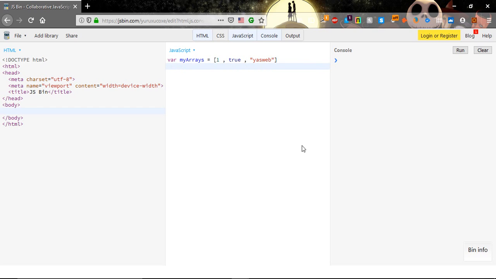And here if you want to type it with console.log, and here myArray. So now let's run, and here it is. So basically this is a number, this is a boolean, and this is a string. And if we want to have the length of this array, it's dot length, like the string if you still remember,